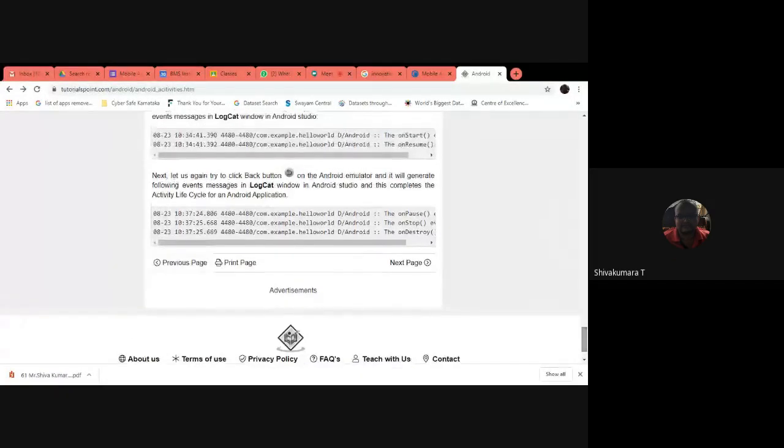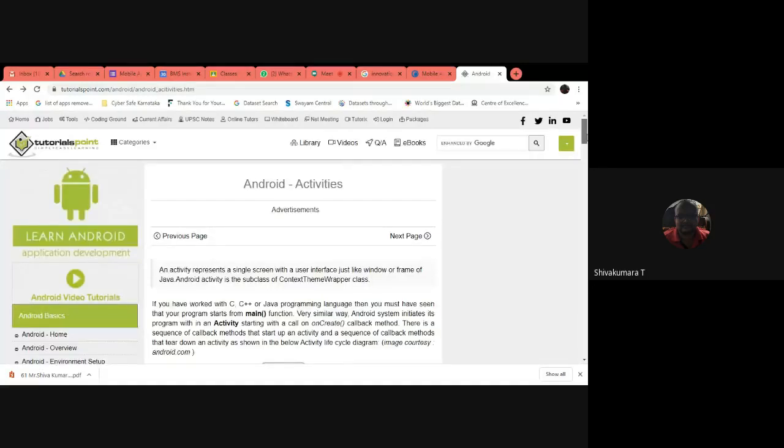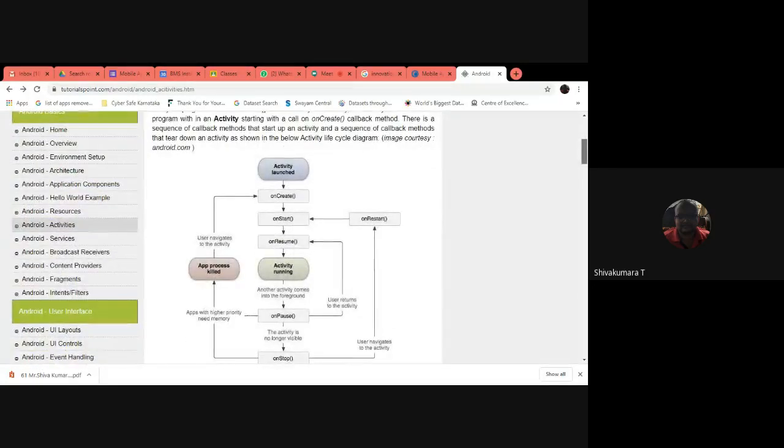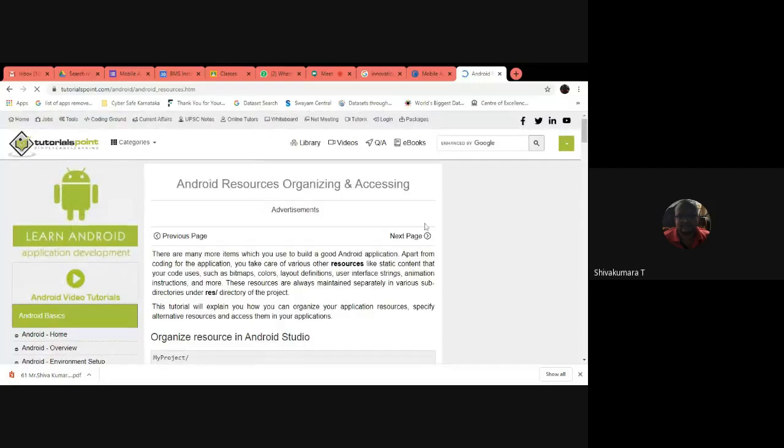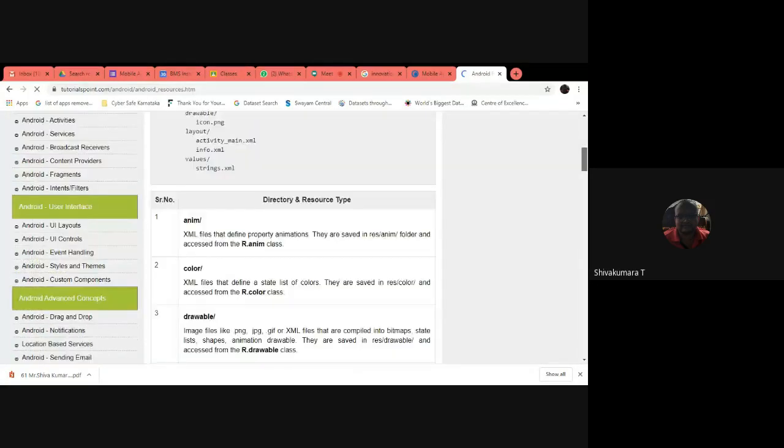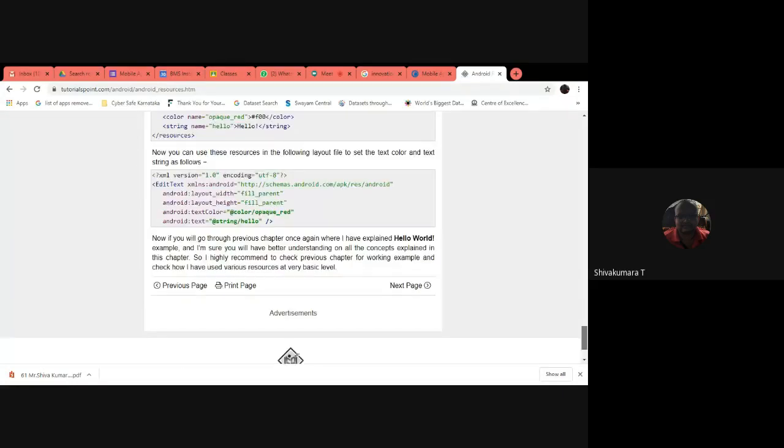Fine. Now, after this, we'll understand about the resources. So first look into the coding example code.